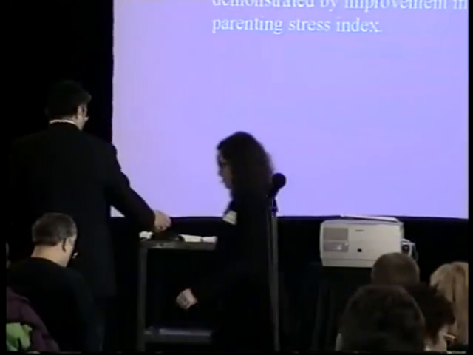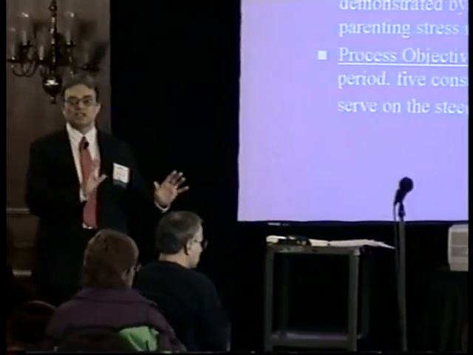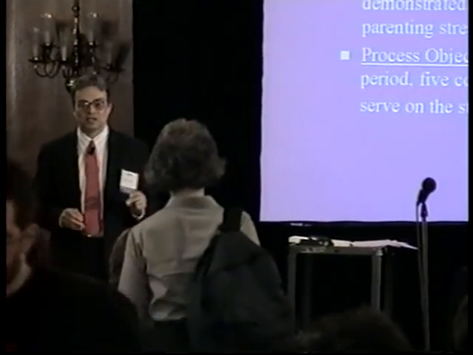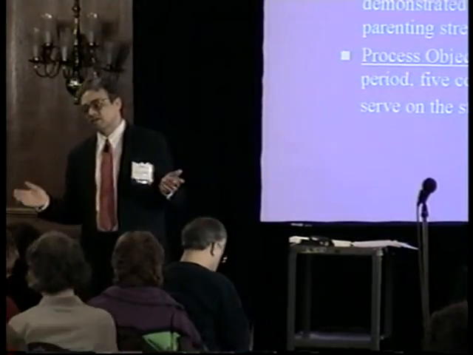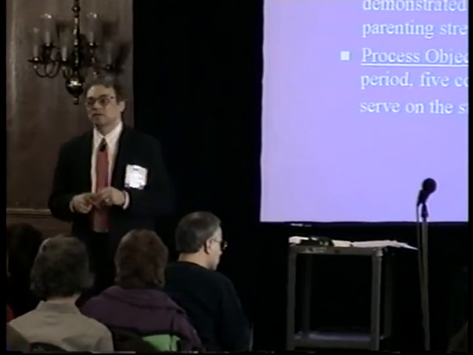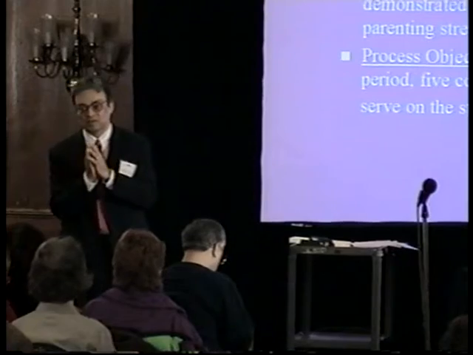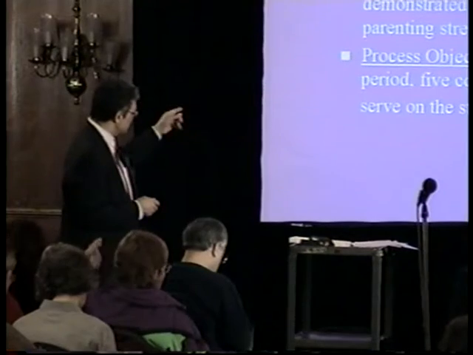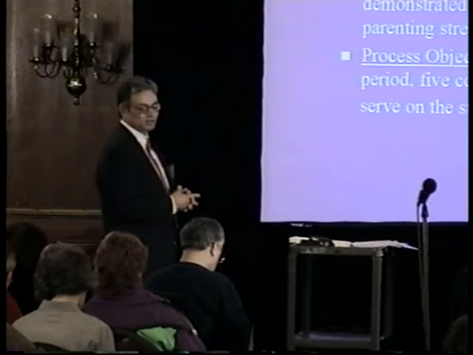Okay, next objective. Process objectives. If you look at the announcements, you can quickly get an idea of what they're talking about here in terms of objectives. You go, boom, boom. What are we talking about here? Community action grant. That's really about the process objectives. It's not really about outcomes. They're going to give you money to organize meetings in the community, bring key players in the community together to try to get somebody else to pay for an exemplary mental health practice. Process objective: 5 consumers will be identified, action verb, and recruited to serve on the steering committee of the project.